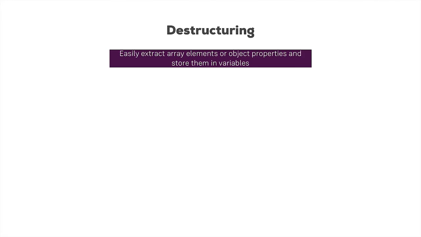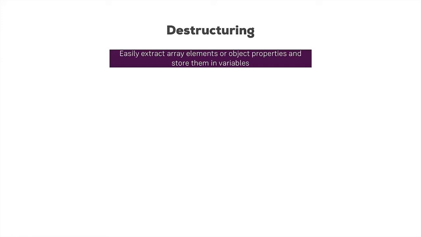So we learned about rest and spread. There's one other next generation feature I definitely want to cover, and that's called destructuring. Destructuring allows you to easily extract array elements or object properties and store them in variables. When you first hear about that, it might sound like the exact thing the spread operator does, but actually it's